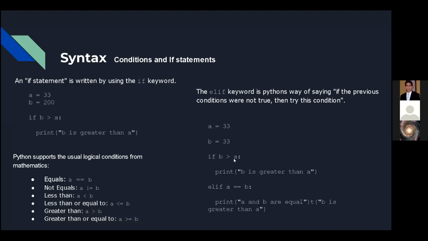So let's say you want to try if A is greater or if they're the same. So instead of just saying if or, you can do else if, and then else if would actually do it instead of the previous condition. And so like that, you can have multiple conditions being evaluated on the same subject.